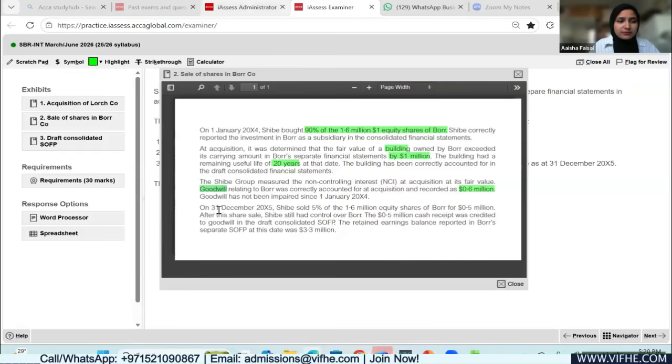On 31st December 20x5, so after 2 years from acquisition, your acquisition date is 1st January 20x4, and we are talking about 2 years from 1st January 20x4 to 31st December 20x5. Shibe